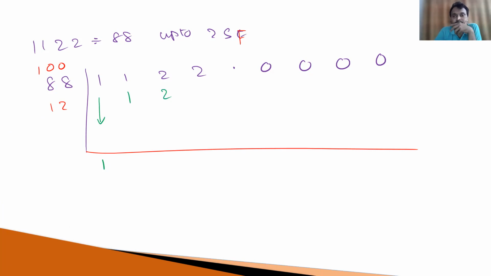Up to here, any doubt, Raman? No doubt, sir. 1 plus 1 is equal to 2. Now, what should you do? 2 into 1 is 2, 2 into 2 is 4. Once you reach the decimal, just put a decimal here. If any number reaches the position beside the decimal, just put a dot here. 2 plus 2 plus 2 is equal to 6. 6 into 1 is 6, 6 into 2 is 12. Now 2 plus 4, 6 plus 6, that is 12. So, what is the answer? 12.72 is the answer.